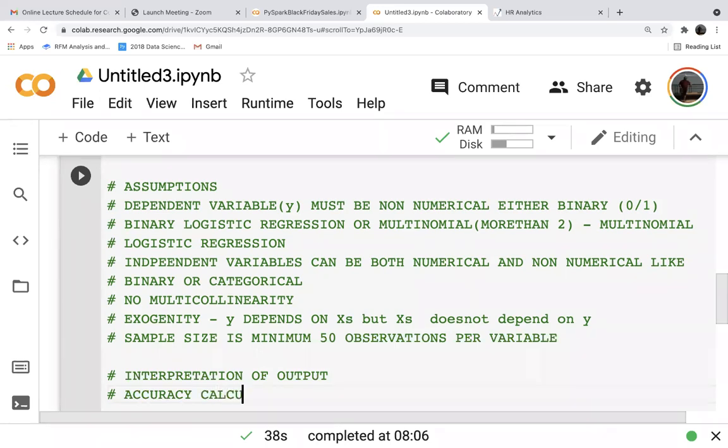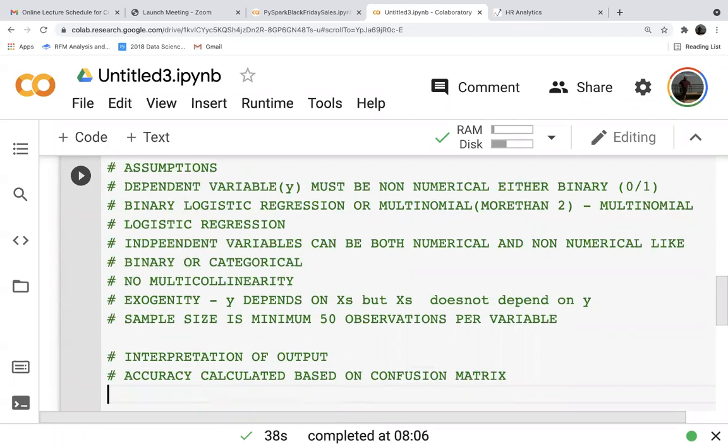Accuracy is calculated based on the confusion matrix, as the primary score, and you will also get intercept plus coefficients as the output. These intercept and coefficients will be used for creating the equation and using that equation to predict the probability.